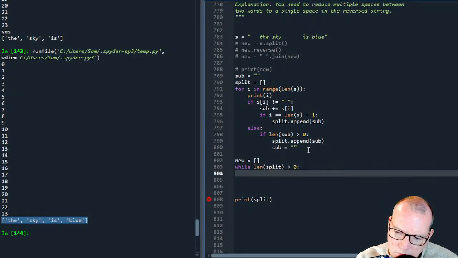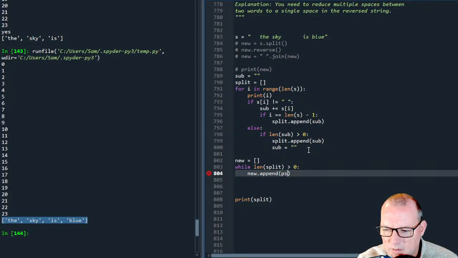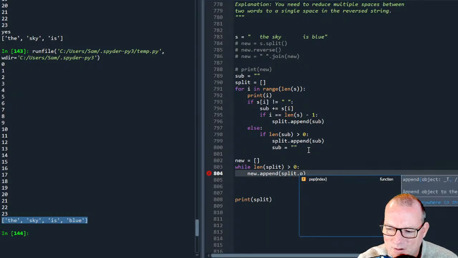New equals split, new dot append, dot split dot pop